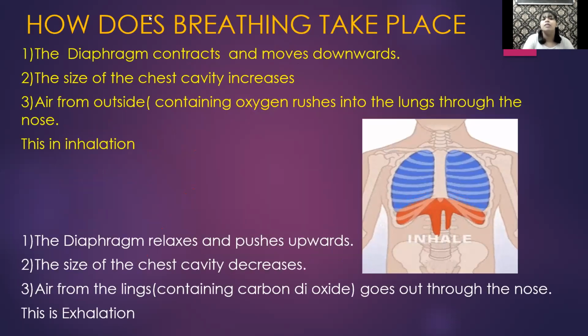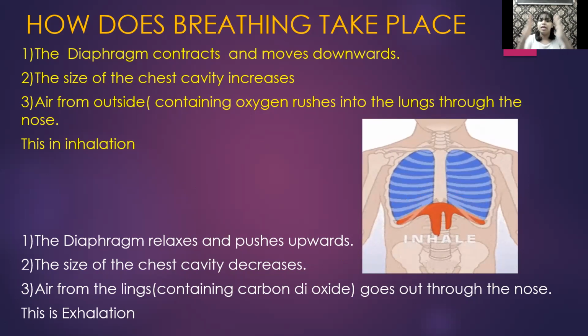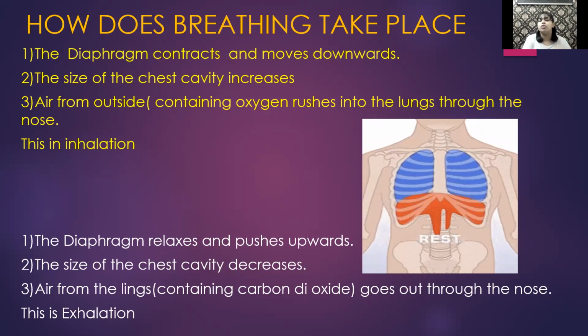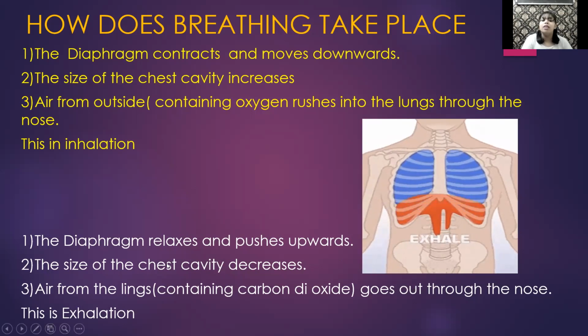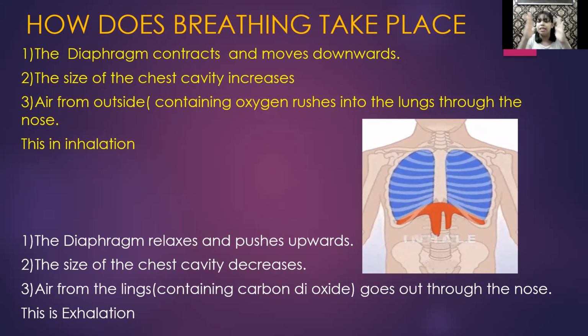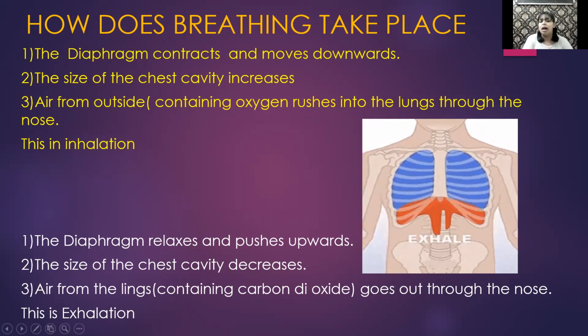Now how does breathing take place? The diaphragm contracts and moves downwards. So your chest cavity expands. Air from outside, that is oxygen, rushes into your nose and into your lungs through the nose. This is called inhalation. Now, the diaphragm relaxes and pushes upwards and the chest cavity decreases. So air from the lungs containing carbon dioxide goes out through the nose. This is called